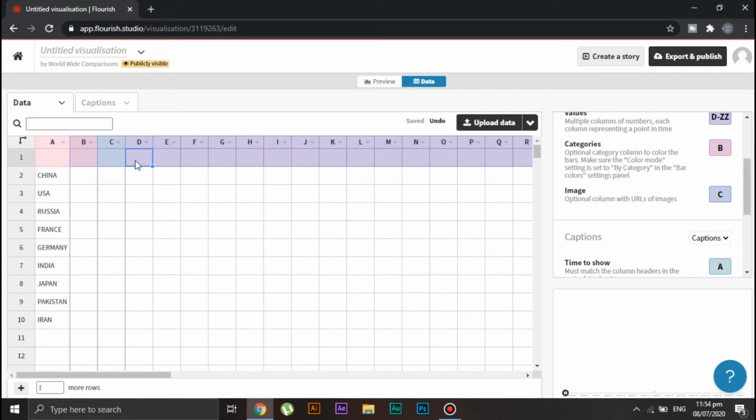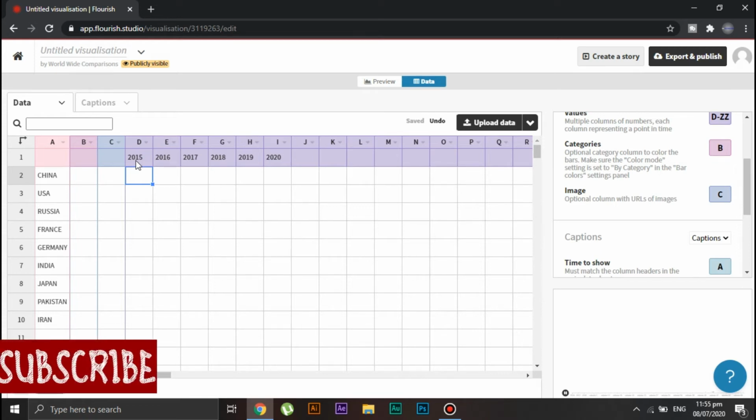Let's suppose that we are comparing the GDP from 2015 to 2020. So I'll write the years here. Now it's time to write the GDP.